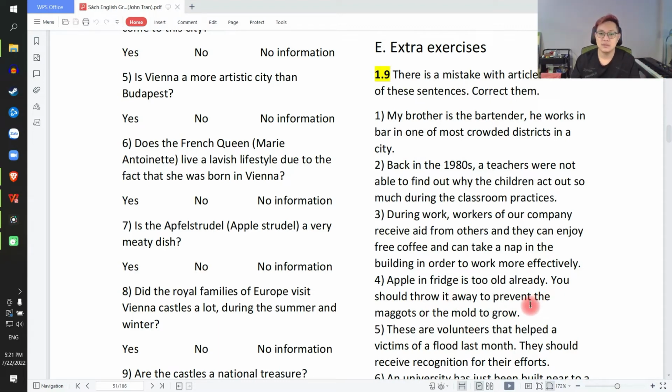Cái chỗ này á là anh chị nên vứt nó đi ngay để mà phòng tránh mấy con dòi và mốc nó mọc lên. Thì dòi và mốc nói chung không có giờ gì hết. Và chỗ này maggot số nhiều thì mold cũng nên có số nhiều luôn. Nó là danh từ số nhiều mà, danh từ có thể đếm được mà. So number 5,